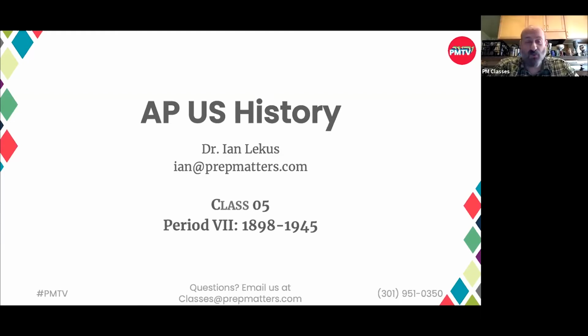And over the course of about 4 months, it defeats Spain and drives the Spanish out of the New World. The United States gains Puerto Rico as a colony and Guam as a territory. The United States establishes a temporary protectorate over Cuba before granting it independence, and it purchases the Philippines for about $20 million. The purchase of the Philippines has gained more and more attention over time, but it really was controversial at the time because everything else in the Caribbean, Puerto Rico and Cuba, were pretty close to the United States, if not physically adjacent.